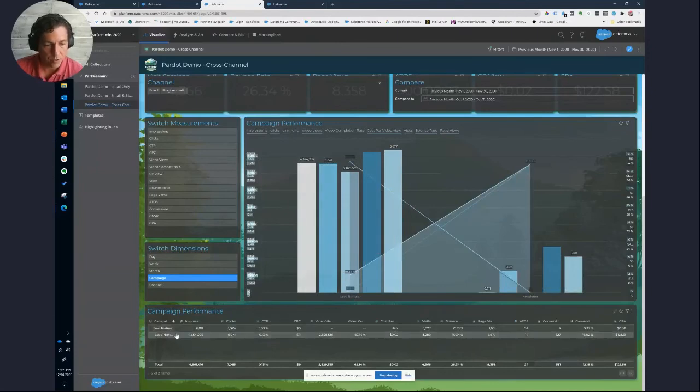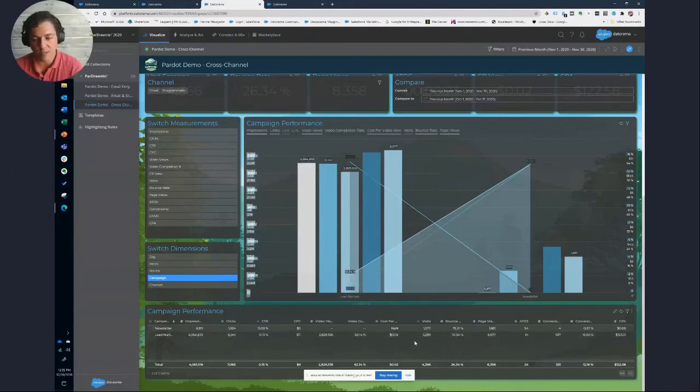It'll get a little noisy here in a second. But you can see down here, it collapsed it down to a single line item. We see the lead nurture, impressions, clicks, CTR, all these new measurements are introduced here. Even video views, there were some video ads in this particular ad buy, cost per video view, and then you see the same visits, bounce rate, page views, time on site, et cetera. So again, it enriches that data and it brings it back to the point of origin